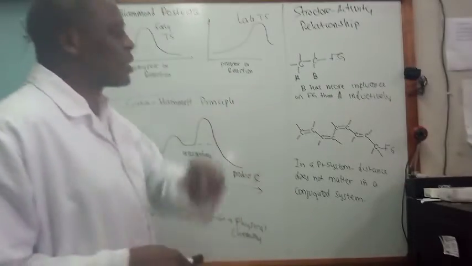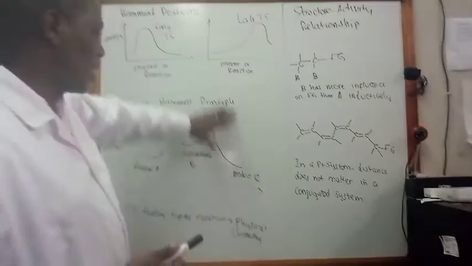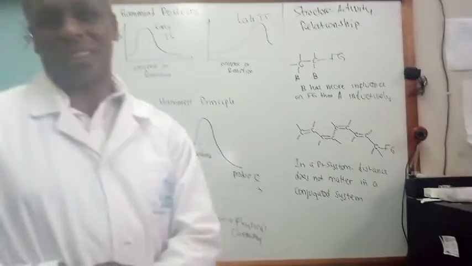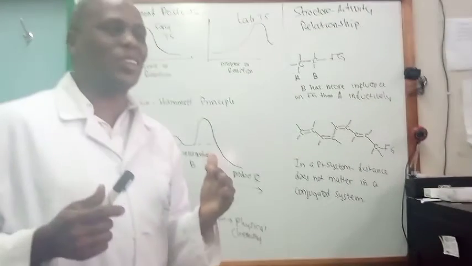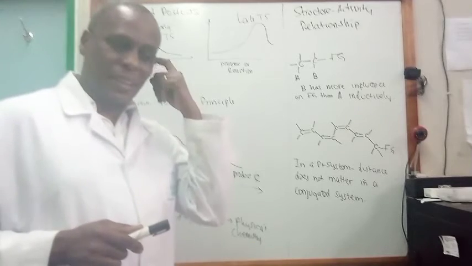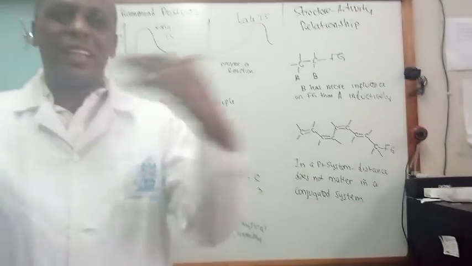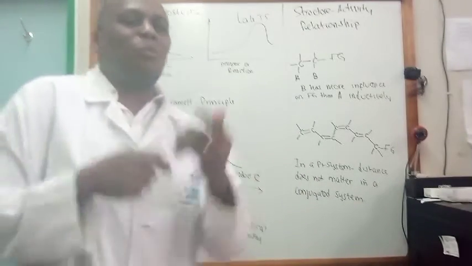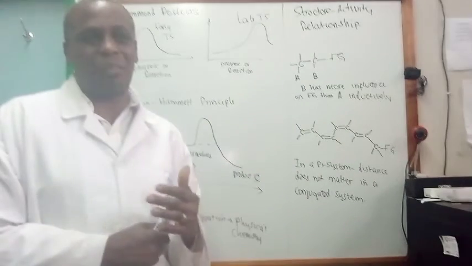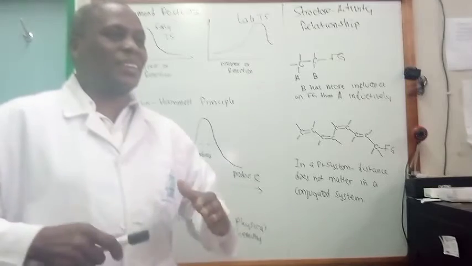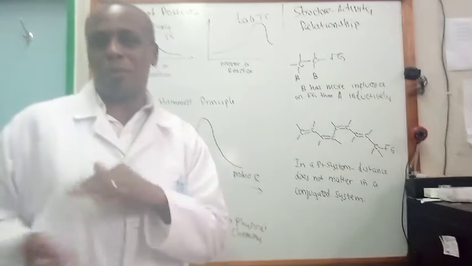In this case, you're talking about a postulate, and this relates to the transition state. Most of the things we are talking about relate to the transition state. So what is a transition state? In some books, you may see it being called a transition structure. It is the most unstable structure or system that exists in a transformation from the starting material to the product.